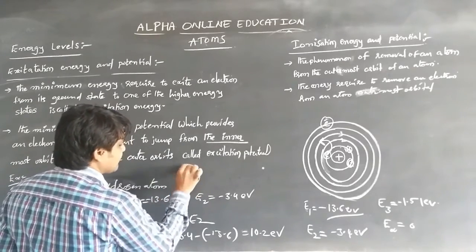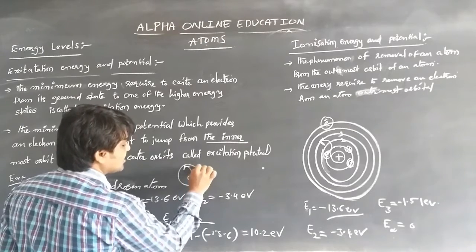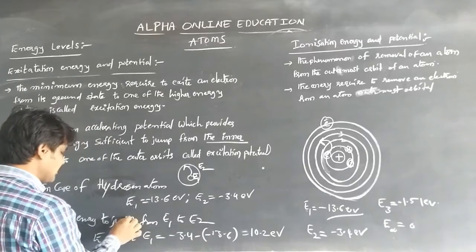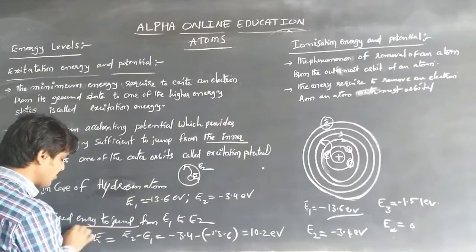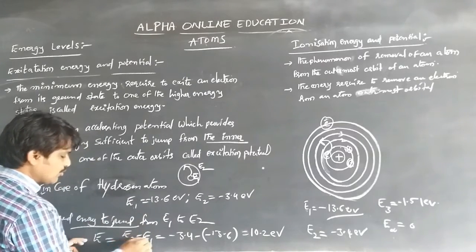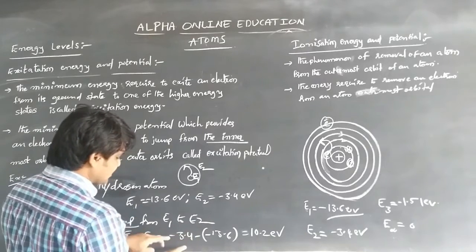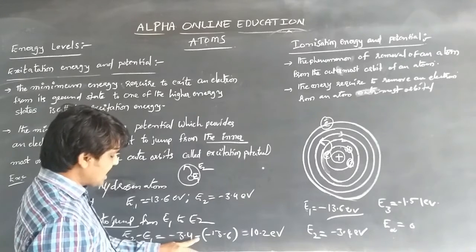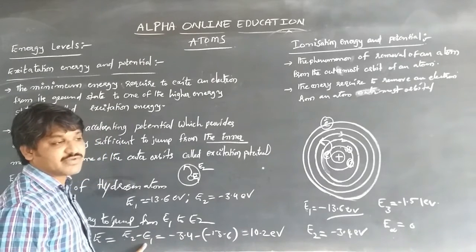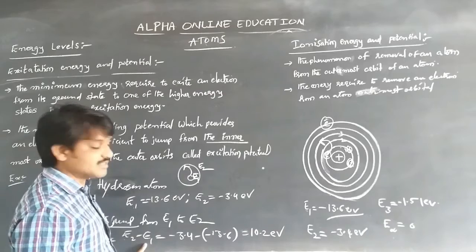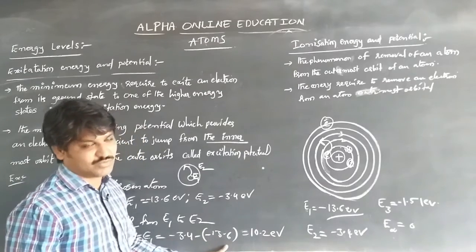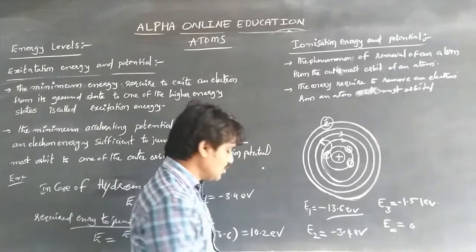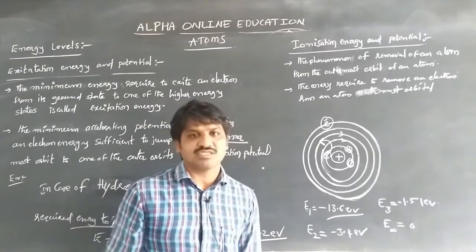the next orbital, meaning E1 to E2. The energy required is the difference between the energy levels, that is E is equal to E2 minus E1. Minus 3.4 is the energy of the second energy state, and the ground state of the hydrogen atom has an energy level of minus 13.6 electron volts. By calculating this, we get 10.2 electron volts of energy required